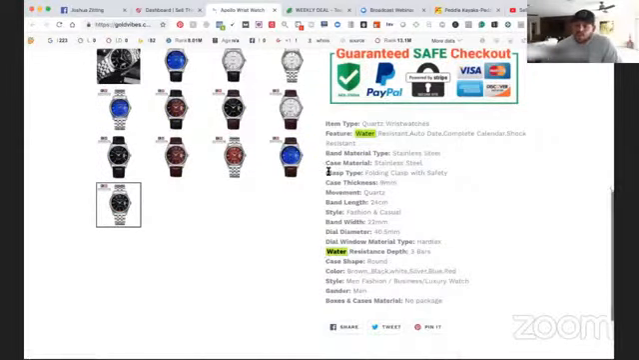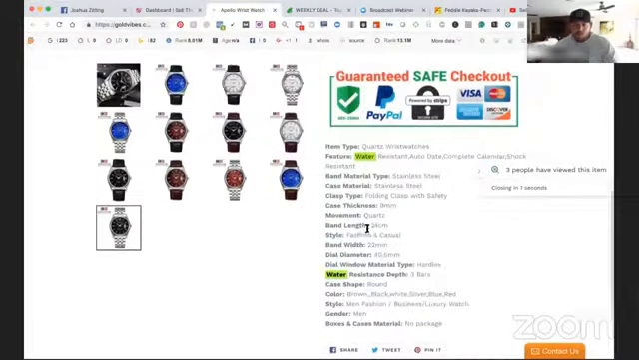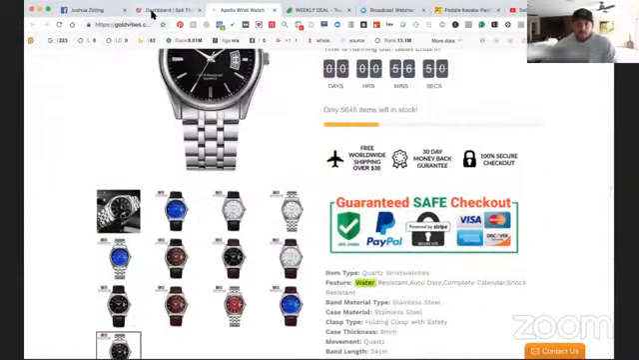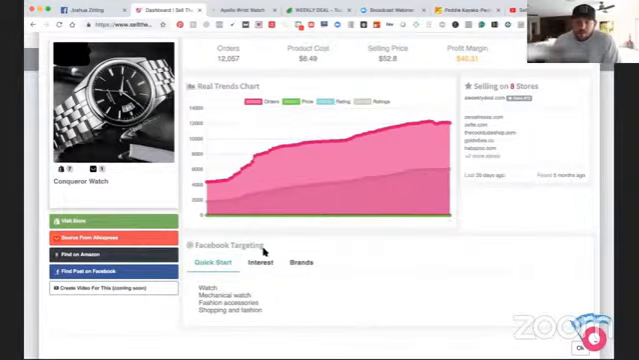So you could do some different things maybe with the product description, add a little bit more detail about the watch, make it a little bit more personable, and you'd be well on your way. Okay, so also down here under Facebook targeting, the next step for newbie or advanced, as you guys know,